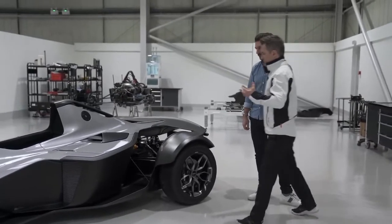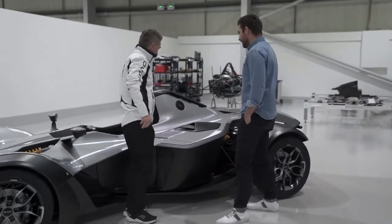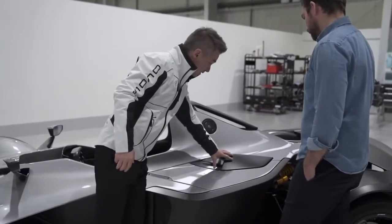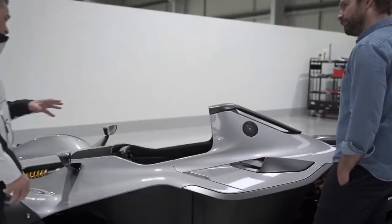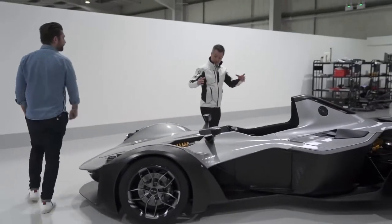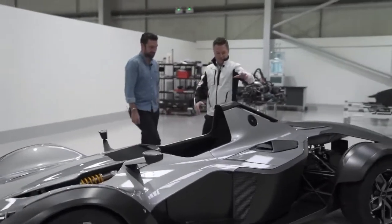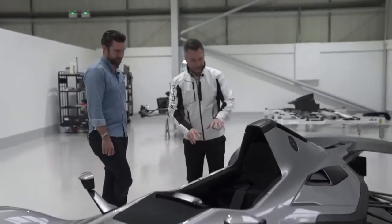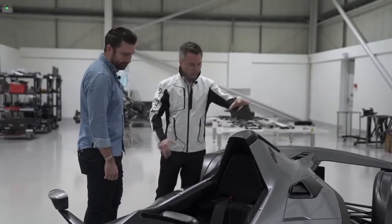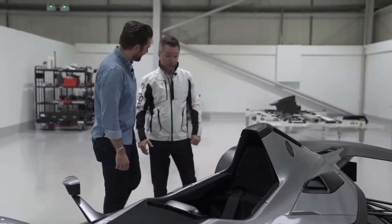But in terms of the appearance, the air is no longer fed in. As with the previous generation, the air was fed in above the top of the car through a filtration system and then down into an airbox. We now have the airbox that's positioned on the side of the car, and because the engine is turbocharged, and most turbocharged engines are designed to sit in cars that are transverse mounted front-wheel drive traditionally. So how we get air from one side of the car into the intercooler that's based on this side of the car, there's been some very, very clever packaging work that's been done by the team in order to get the air in, obviously through the intercooler, into the turbocharger, and then obviously produce the power that the engine makes,